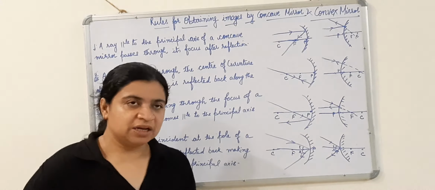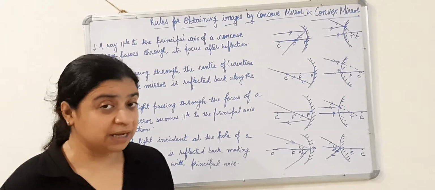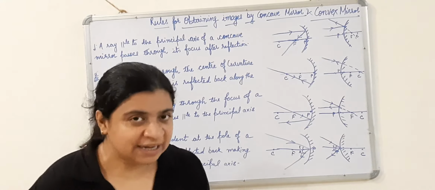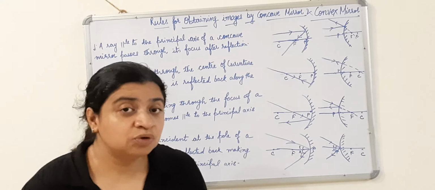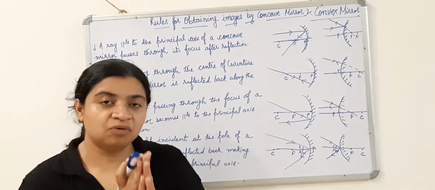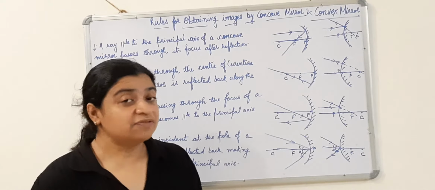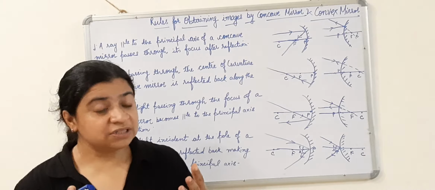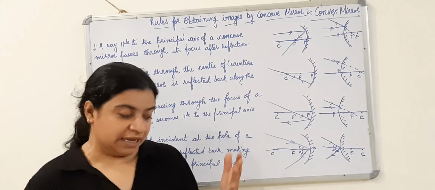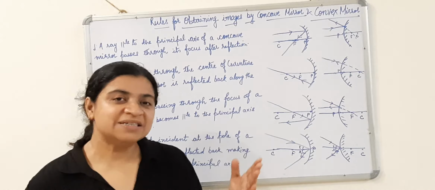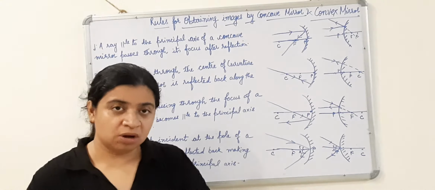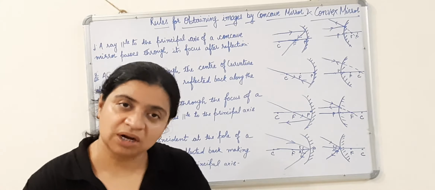Children, there is a table in your book, formation of images via concave mirror. There are 6 cases. Before you watch my next video, better you learn those cases by heart. If you learn that table by heart, it will be easier for you to understand the things. If not, when you see my next lecture, please keep your book open to the page where the table showing the image formation by concave mirror is given.